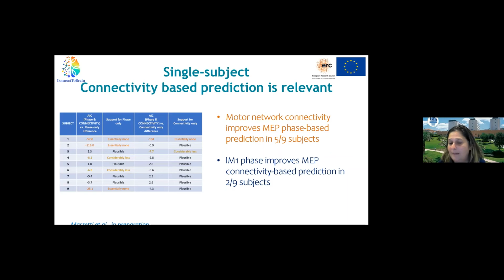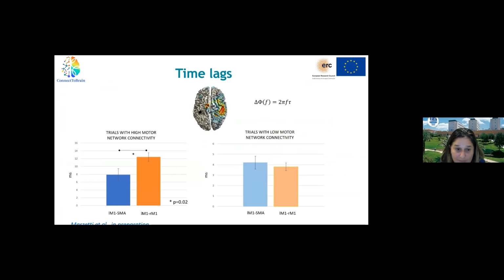So the phase prediction at the left motor cortex, or C3, improves the connectivity-based prediction. Here, everything is done in source space, but it is similar to what we have seen done in the other montage, like the C3 York montage. Then, since the connectivity is defined based on the phase differences, we know that for each